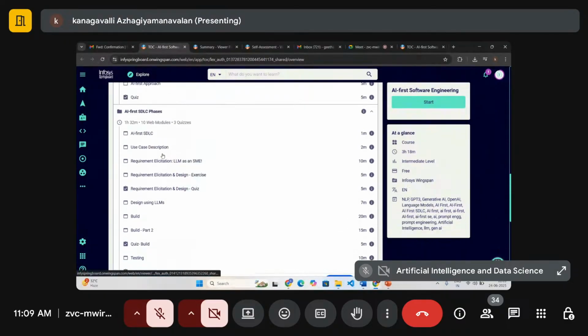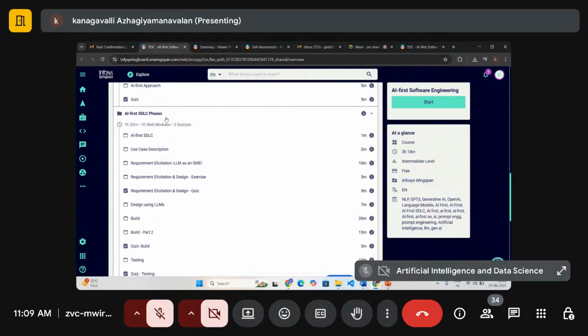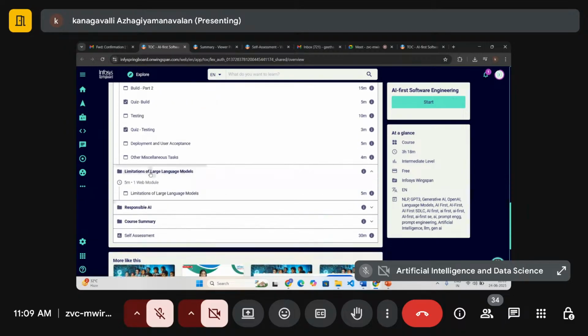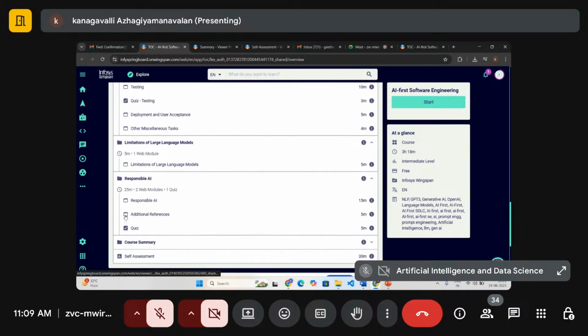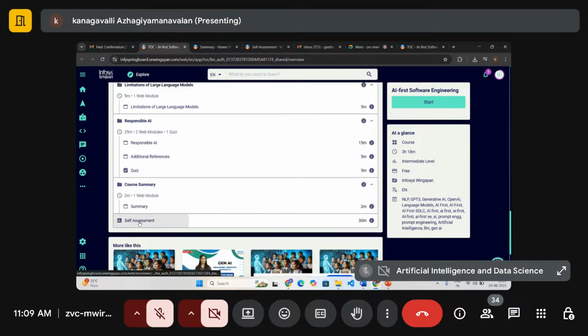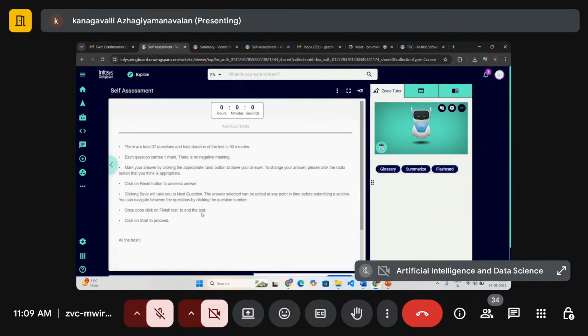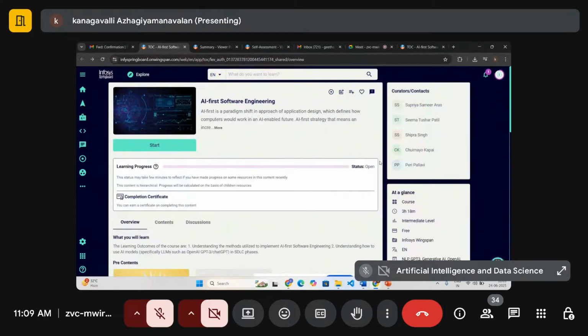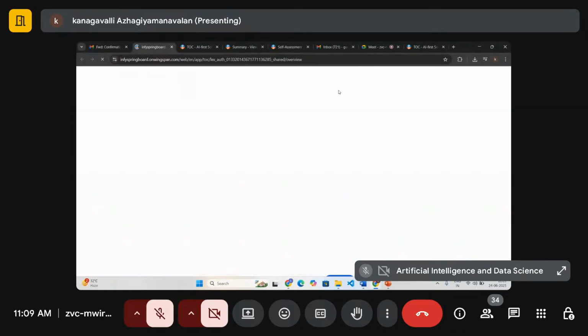In between, see here, for example, if you take the AI software development lifecycle phase, here itself you have how many assessments? Here 1 quiz, 2 quiz. Similarly, every submodule has its own small quiz having 2 to 3 or 4 or 5 questions. After attending everything and studying everything, finally you have to take the final assessment of this third module. Once you complete it, you can download your certificate here itself. This is module 3. Next is the last module, GPT